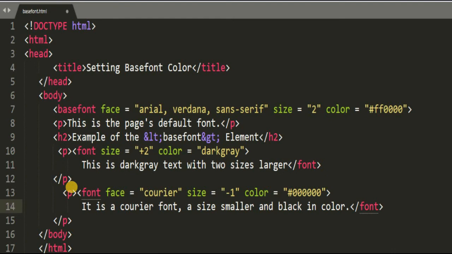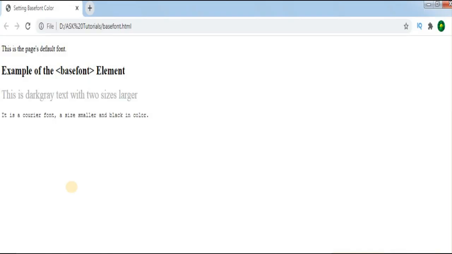When we execute this page, the text will come with Arial, Verdana or sans-serif. This is an example, and we got an output for the basefont page.